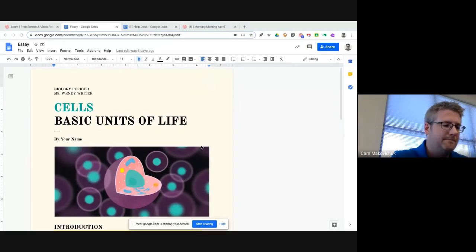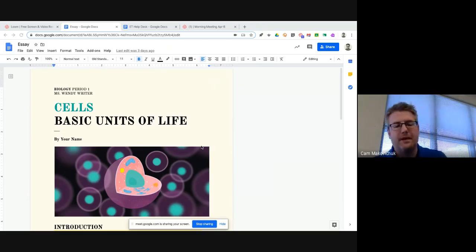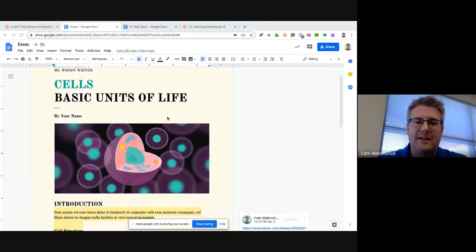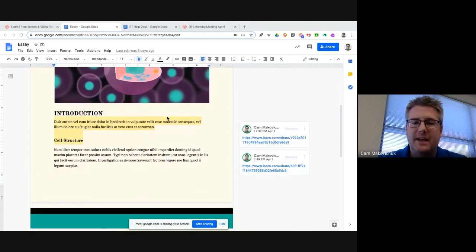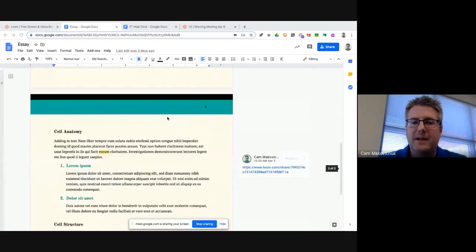All right. So those are a couple of ways to use the other tools that Loom has, including the iOS app and the desktop app. One final thing I want to show you just before I open it up to any other questions is Loom is a fantastic way to give quick and effective student feedback. So let's imagine here that a student has handed in a biology essay, and I wanted to give some feedback here on this